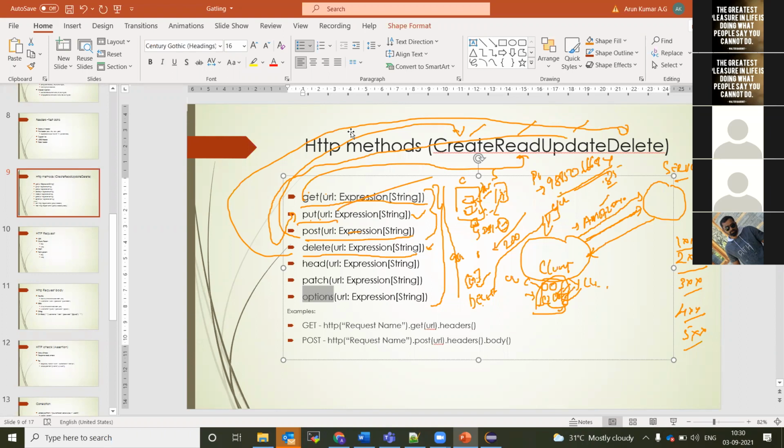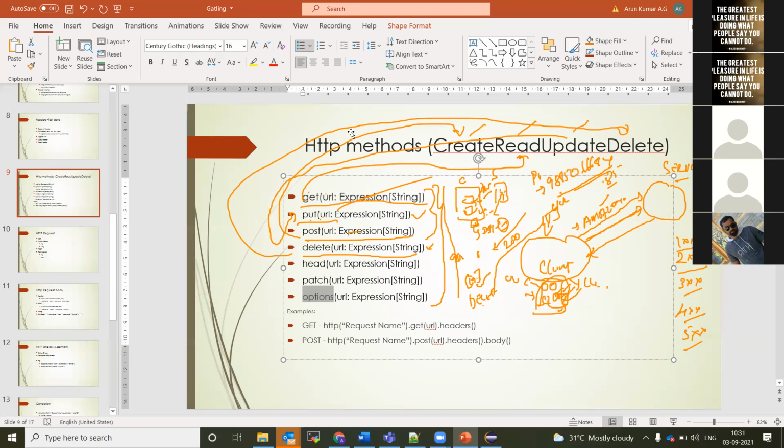No, what I was saying is that with the get method, we are able to read the data. That's correct. With the put method, I'm saying I am able to read the data. And with the post method, I'm saying we are able to read the data. Yeah, Maulali, even with the get method, you can even post the data. I also mentioned one point here.